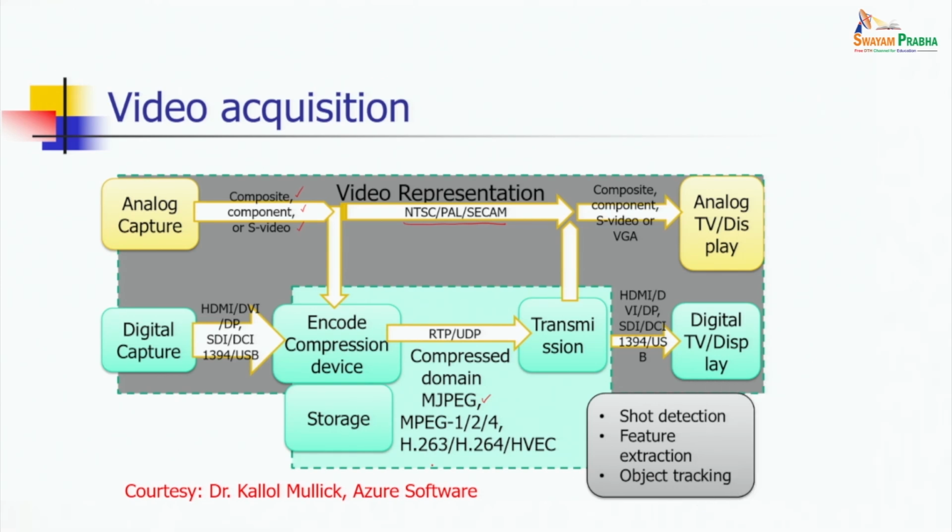Some of the basic operations on videos that we may consider: shot detection, that means detecting the consecutive frames which are related to a particular event or particular view while capturing the video. Then feature extraction, as we discussed, feature extraction of standard still images. Similarly, features for videos need to be extracted for higher level processing like classification, clustering,